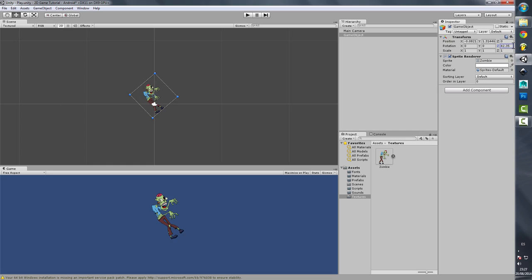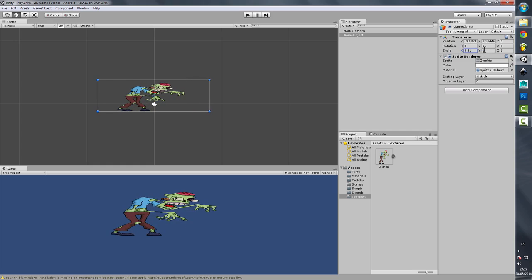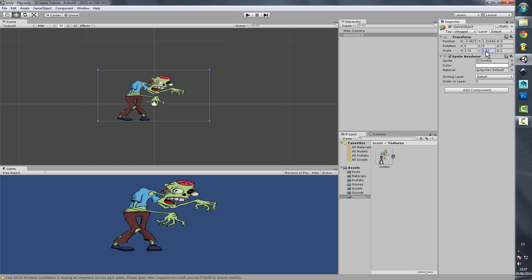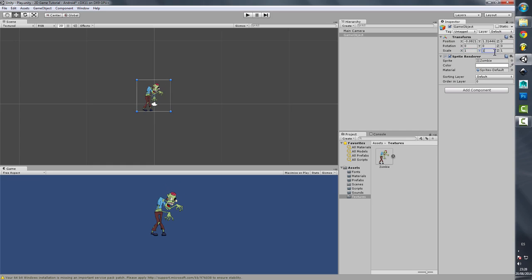Okay, I can, for example, scale it at X, Y instead of position. Okay, 1, 1, 0, 0. As I said before, it is a good practice to put to 0 those X and Y positions, whenever you create a new game object. I can check this name, for example, the zombie. Okay,